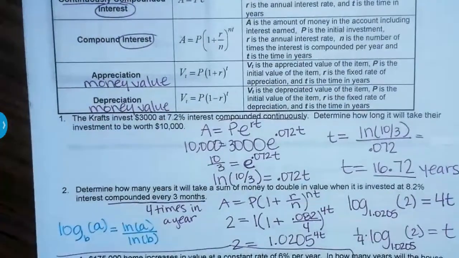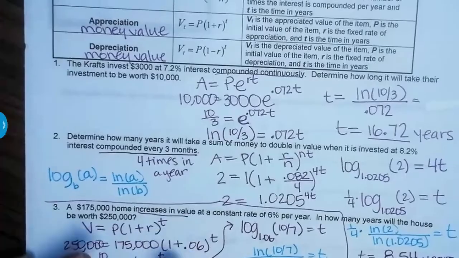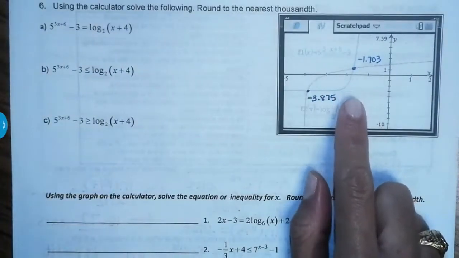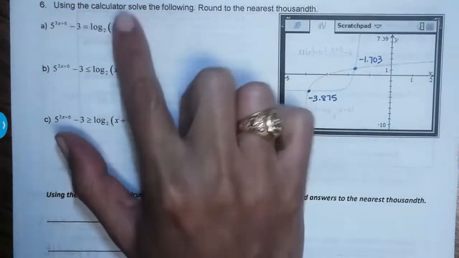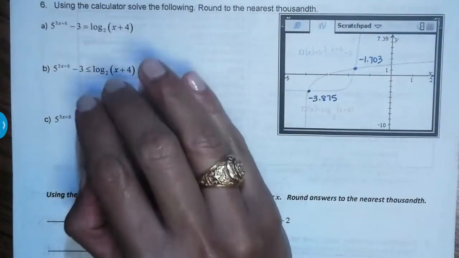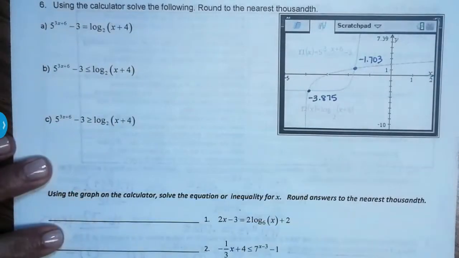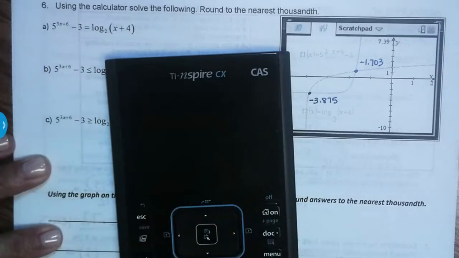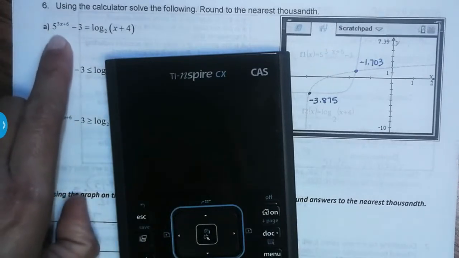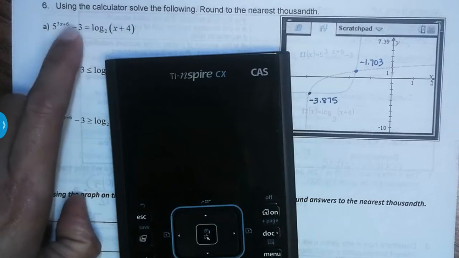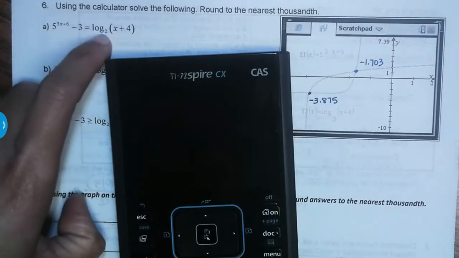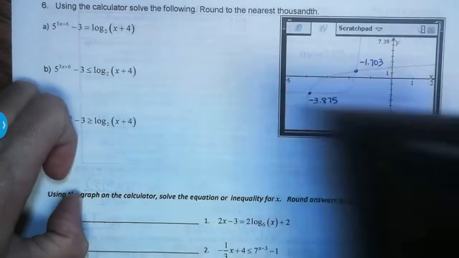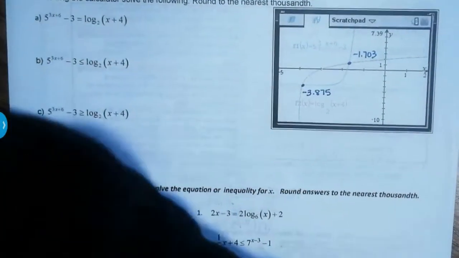And finally, last thing for today is example 6. It involves an inequality that you're going to solve by graphing. So for this, you will need a graphing calculator. If you have your own graphing calculator, you just need to go to the graphs and graph these. You'll graph the left side of the equal sign for F1, and then the right side of the equal sign should be F2, and then you should be able to find the intersections. If you're using the Desmos calculator online,